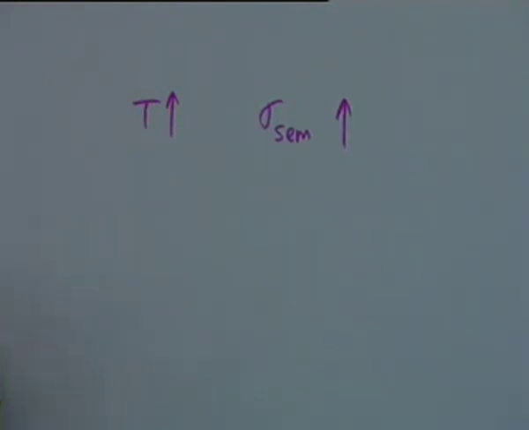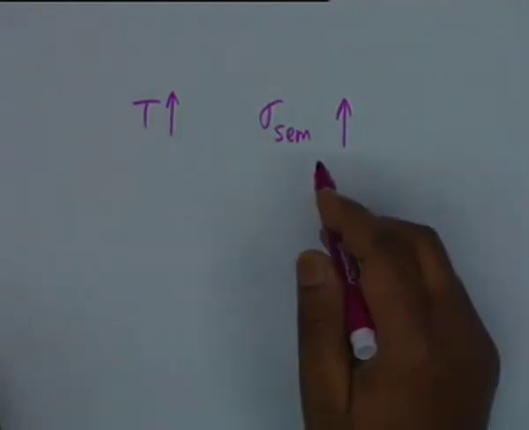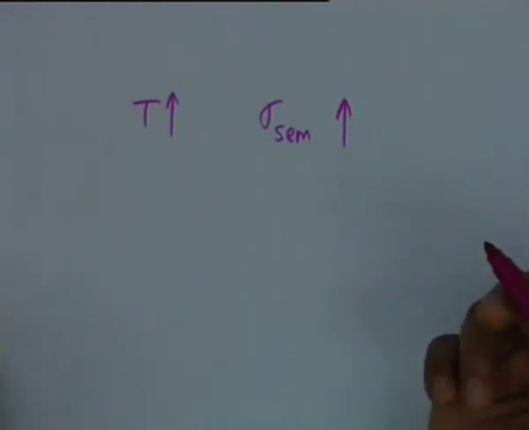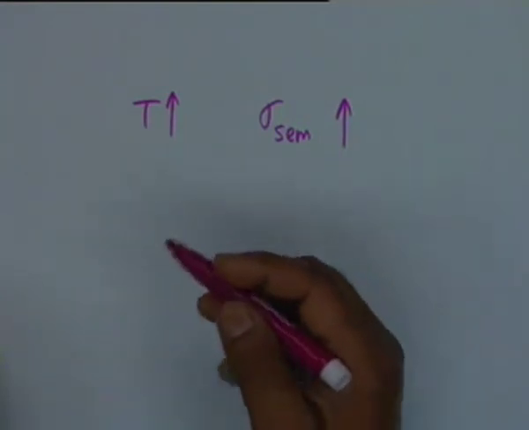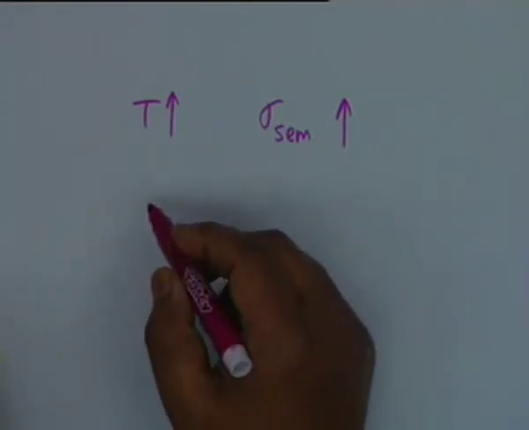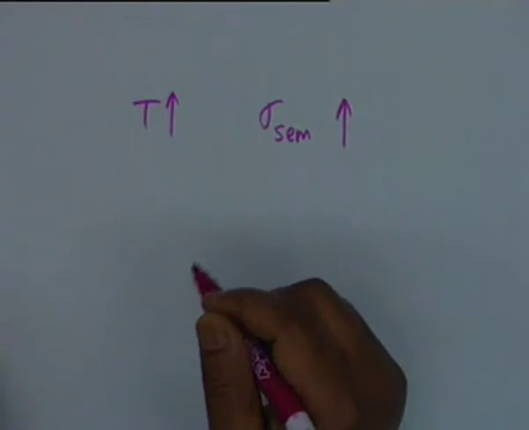It might cause an avalanche of conductivity, and this is why we have devices like the avalanche diode or the Zener diode. As temperature increases, sigma increases almost exponentially, and more surprising thing is that if you introduce a very